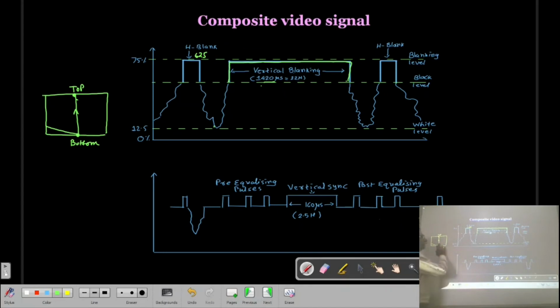And the electron beam is going to be cut off because at that time we do not want to collect the information. Remember. And then the electron beam scans half of the next line. So that is this horizontal line, half of this line. This is the information for this half of the line. This is the information for the other half of the line.